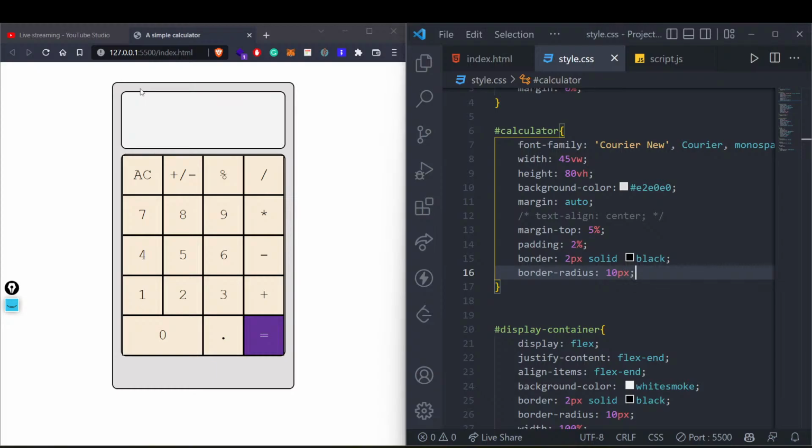Cool then. So please just understand whatever we are doing. The logical part is yet to come. I'll explain everything and I'll make sure that you will be able to customize the whole calculator according to you.